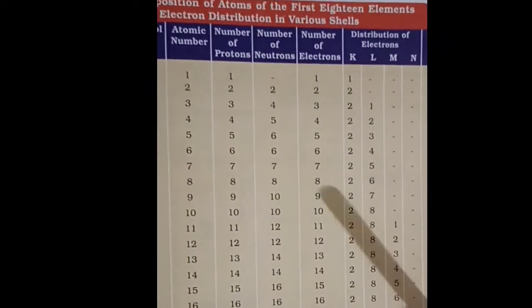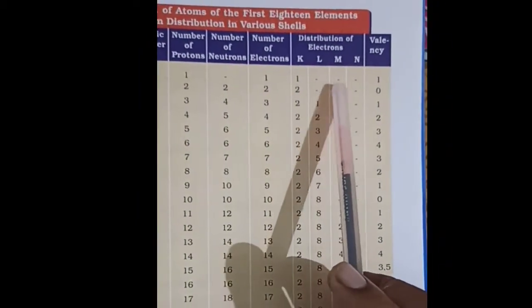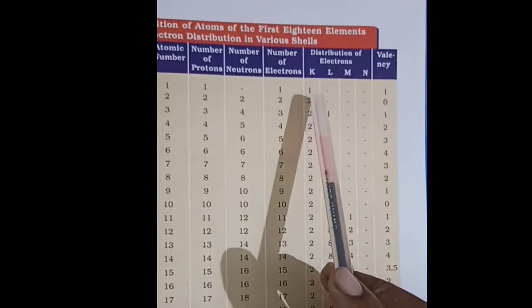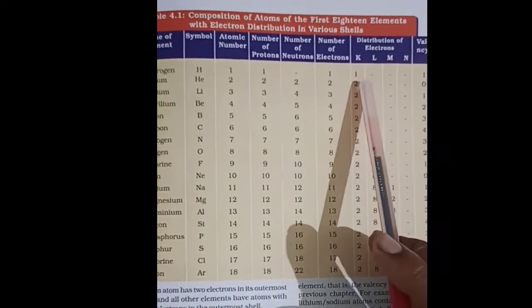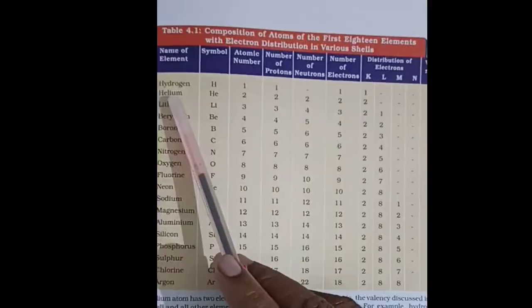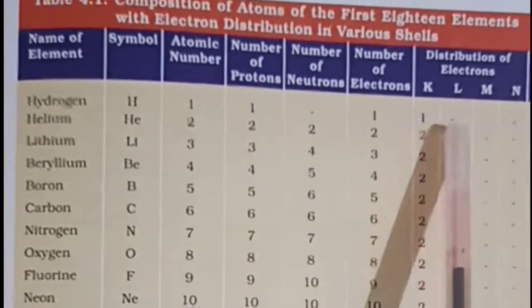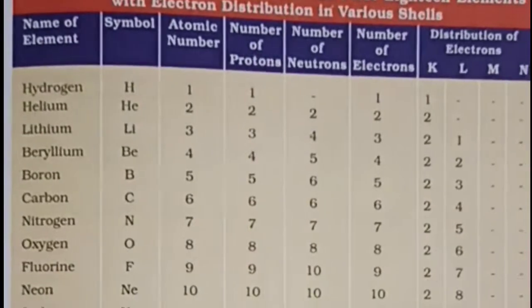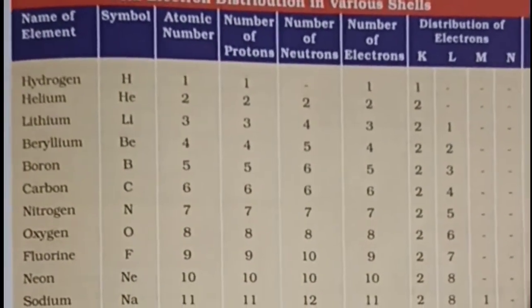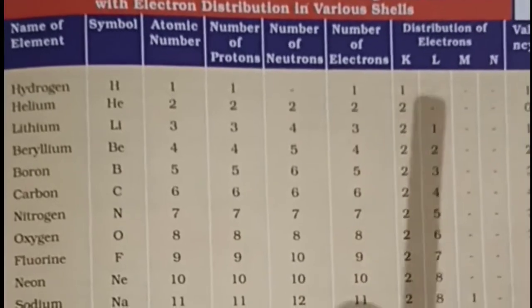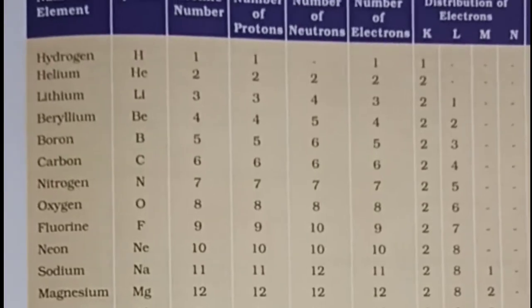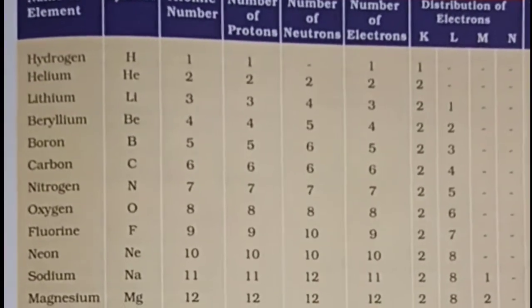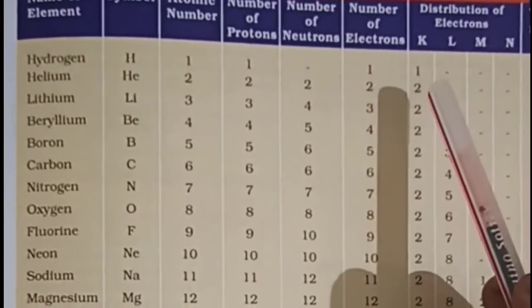So when we are doing the electronic configuration, we know in the first shell 1 electron accommodates for hydrogen, because it has atomic number 1. The first orbit can accommodate a maximum of 2, but since it has only one electron, one electron will come here. Try to understand it this way: you have a number of rooms in your house, and in the first room a maximum of 2 guests can rest. It has been made that way. Suppose one guest comes to your house; you will place him or her in that room.